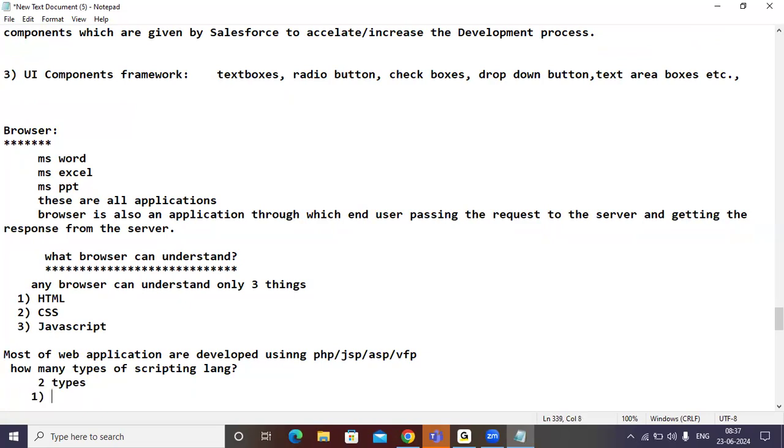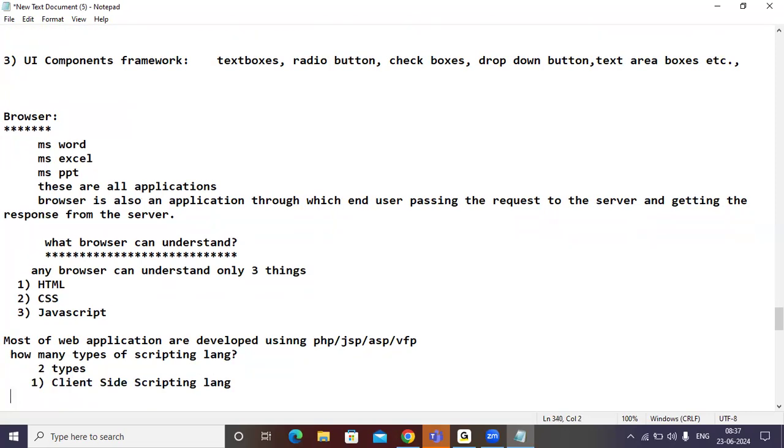What is the first one, Pratika? Do you have an idea about this? Like PHP, JSP, VB script, those are scripting languages. I don't know the types. Client side scripting languages. Okay, Pratika. Second one, server side scripting languages. Understand?